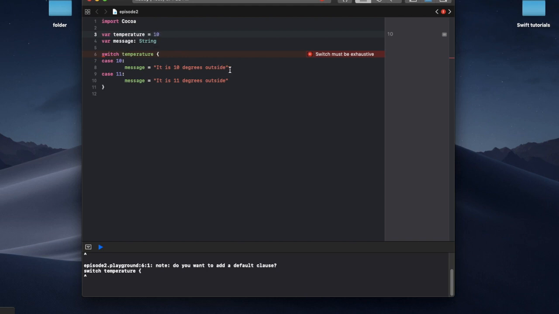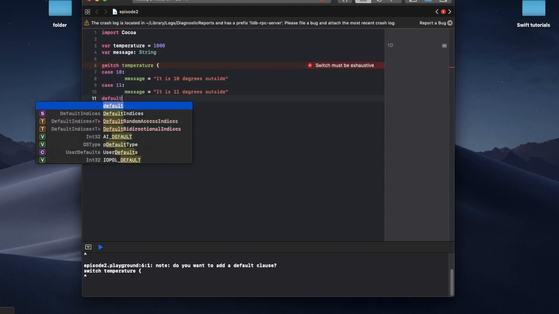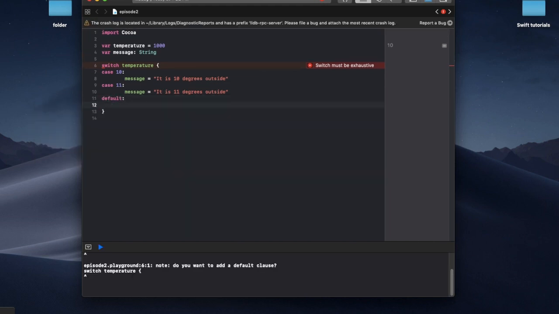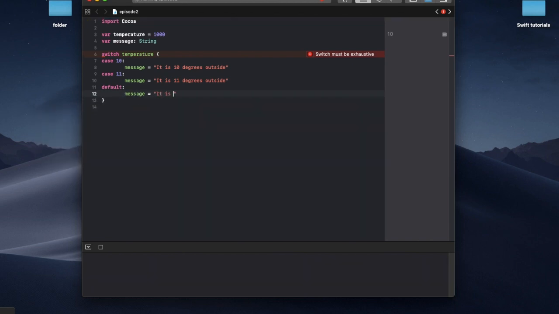And it already runs this code, so why is it showing this error? Well, if we put like 1,000 degrees, we have nothing to run for. Okay, so that's why there's another thing called a default. These are pretty useful. So we can put default. Now what this does is it's like equivalent to else in an if else statement. Default equals it is